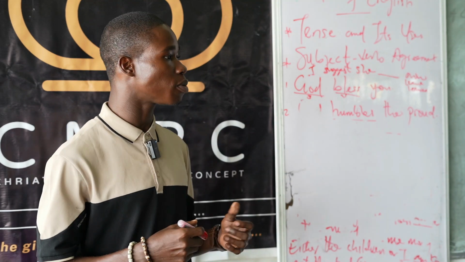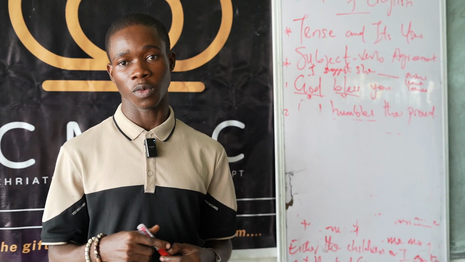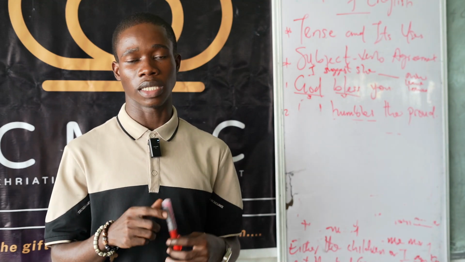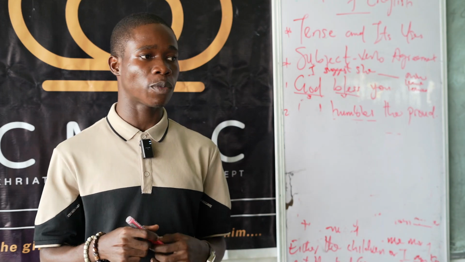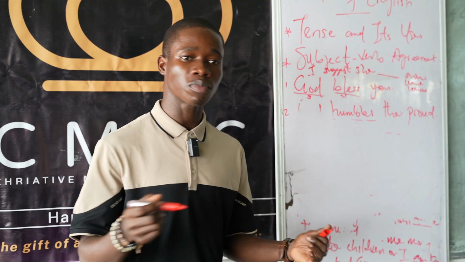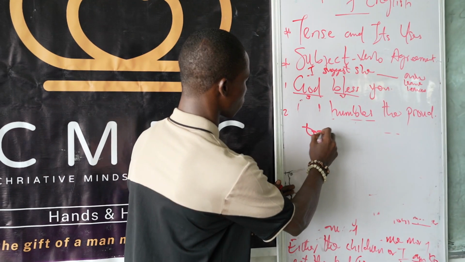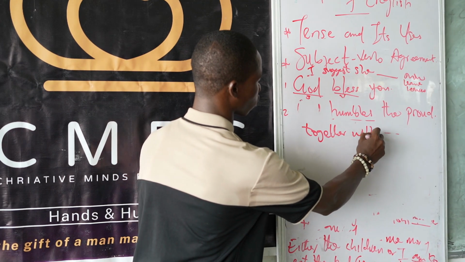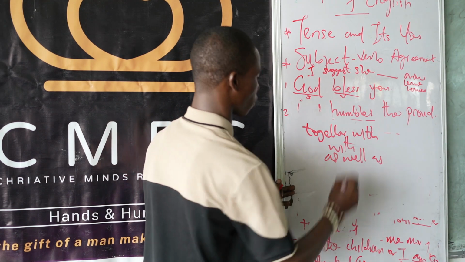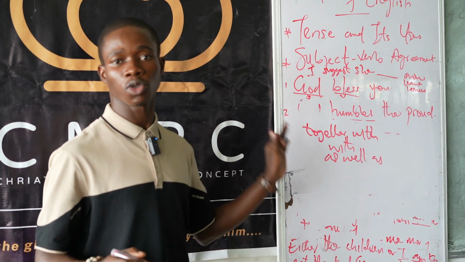For instance, you can have a subject and an additional piece of information with that subject. But don't let that confuse you. You only have to focus on the subject, neglecting that additional information, and that will determine your verb. What do I mean by that? Look at this. There are some conjunctions that show us this: together with, with, as well as. Basically, when you use these with subjects, you consider the first subject.